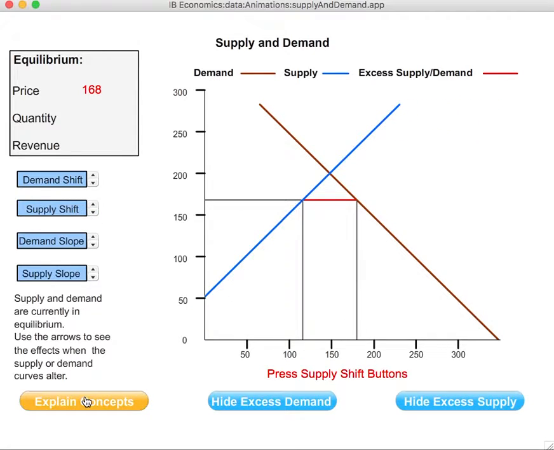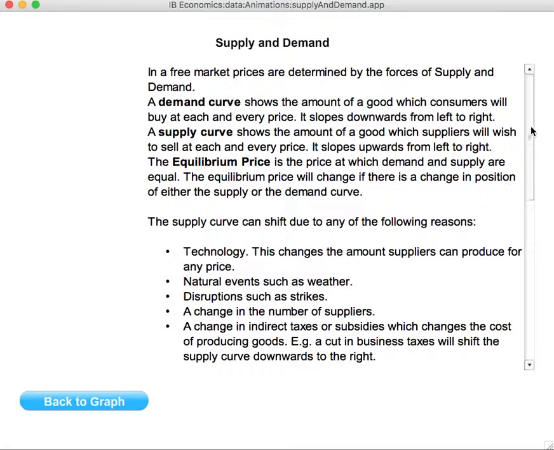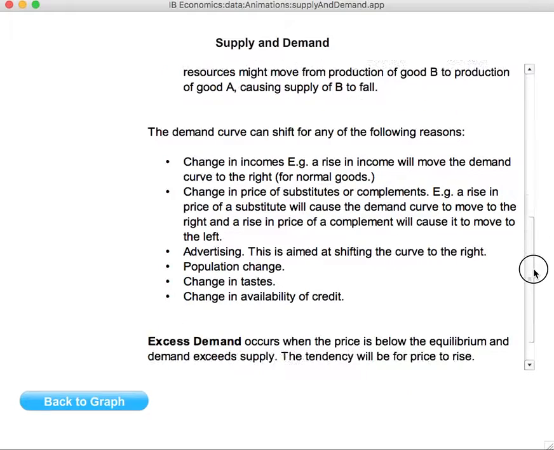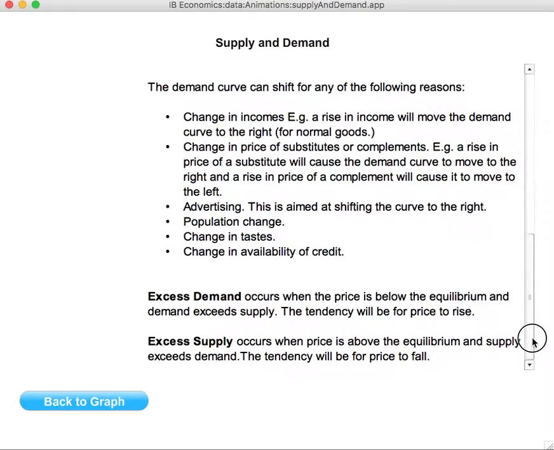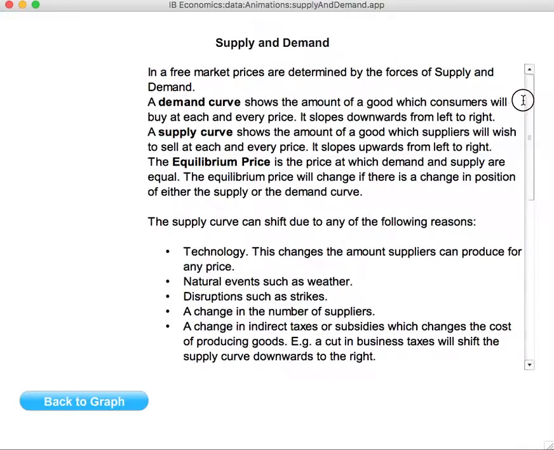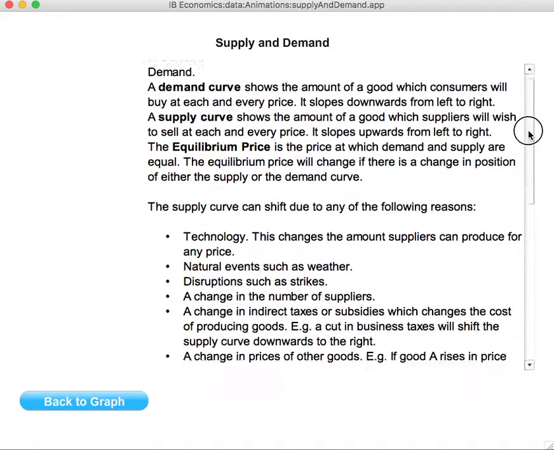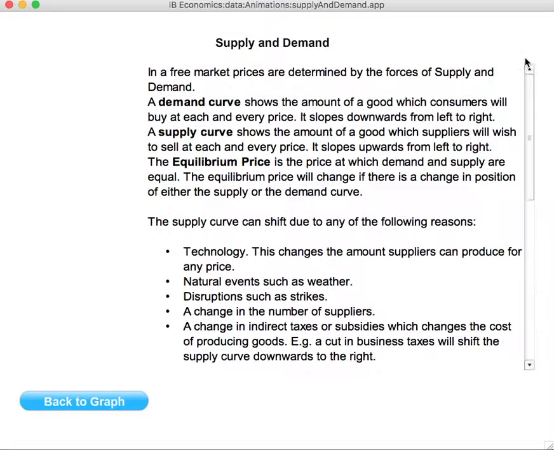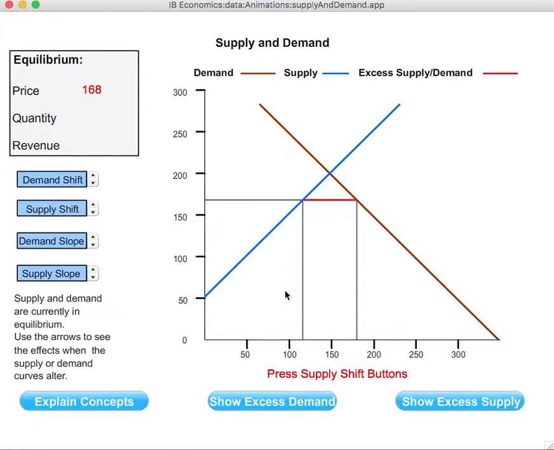I can also click on this button that says Explain Concepts, and it just has more definitions of supply. It just has more opportunities to define supply and demand, and the non-price determinants of demand and supply are there. So take a look at the CD-ROM that's in the back of your textbook, and you can use that to